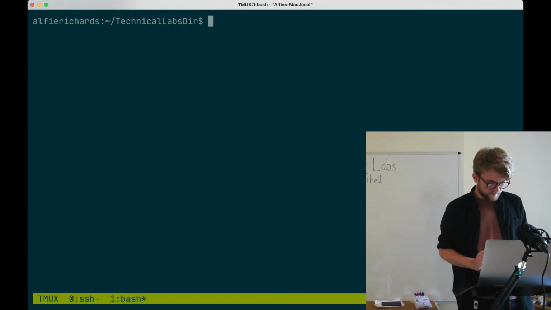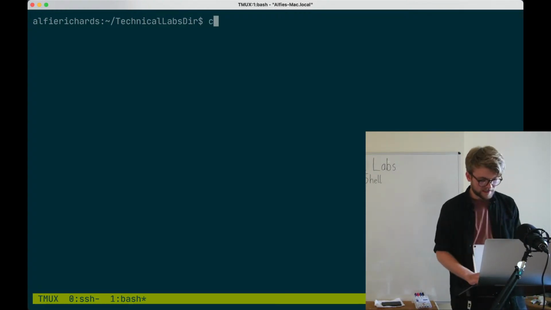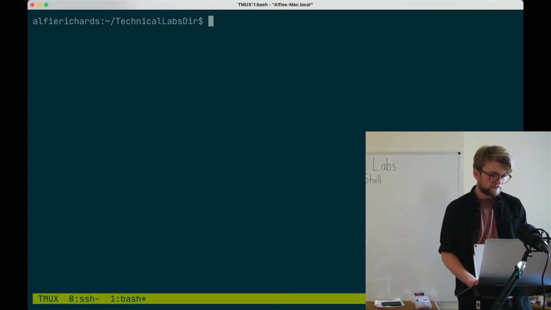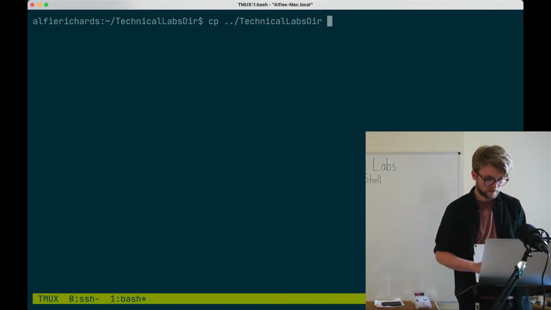Cool. And then the last thing to do with file management is copying. And copying is very similar to moving. You use the cp command, which just means copy. And again, so let's cd. Cool. Let's copy. We're going to copy the technical labs dir in the parent directory. So that's the folder we're currently in. We could have just used a full stop instead, but I'm doing it this way to try and show it clearer. And I'm going to copy that into my current directory. So I want it to be called